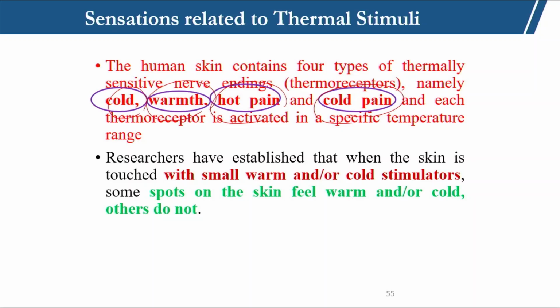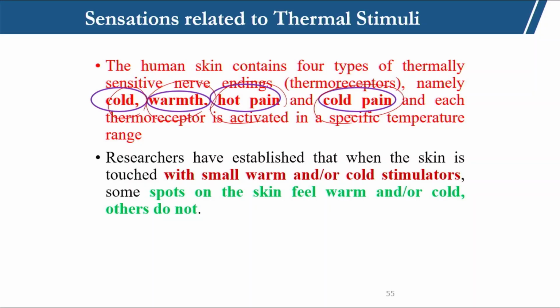Researchers have established that when the skin is touched with a small warm object, like a hot pin, in some places we will feel that it is warm, and in some places we may not feel it as warm.